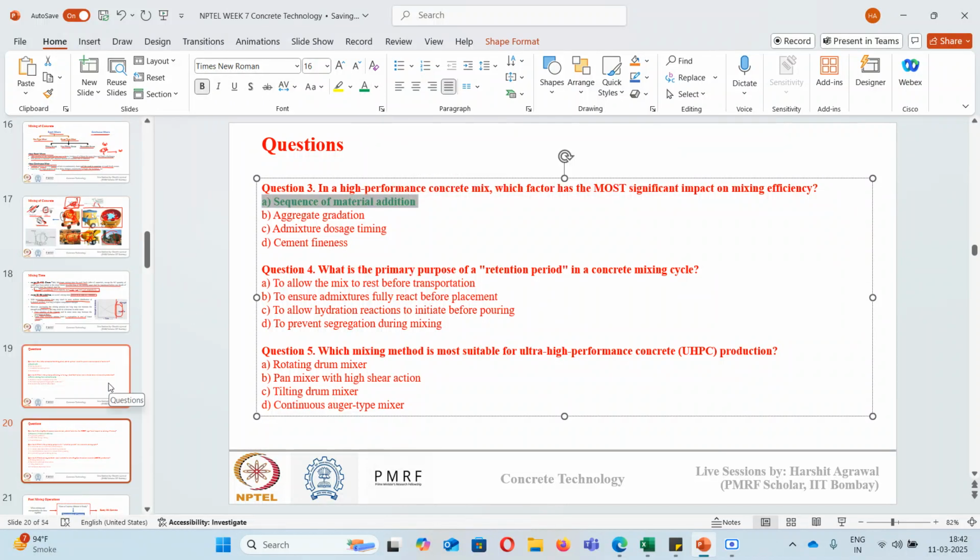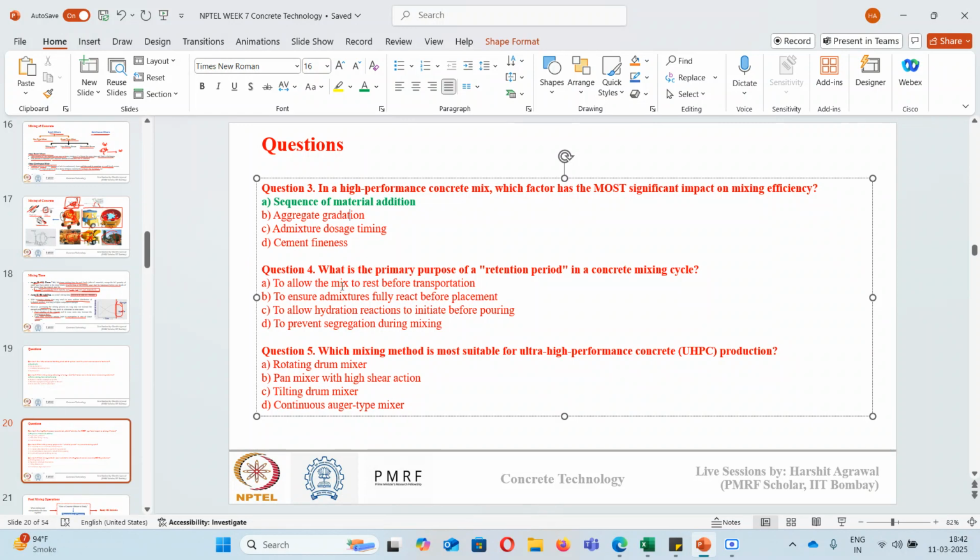As I talked just a few moments ago, the order of material addition can play an important role in ensuring there is proper dispersion. So generally, first we add all the cement, mineral admixture, aggregate, we do a dry mix, and then we need to add SP and water. SP should be dissolved in water and then added. If we use an incorrect sequence of material addition, then it may result in poor workability, inadequate mixing, and inefficient hydration after mixing. So sequence of material addition also becomes important.